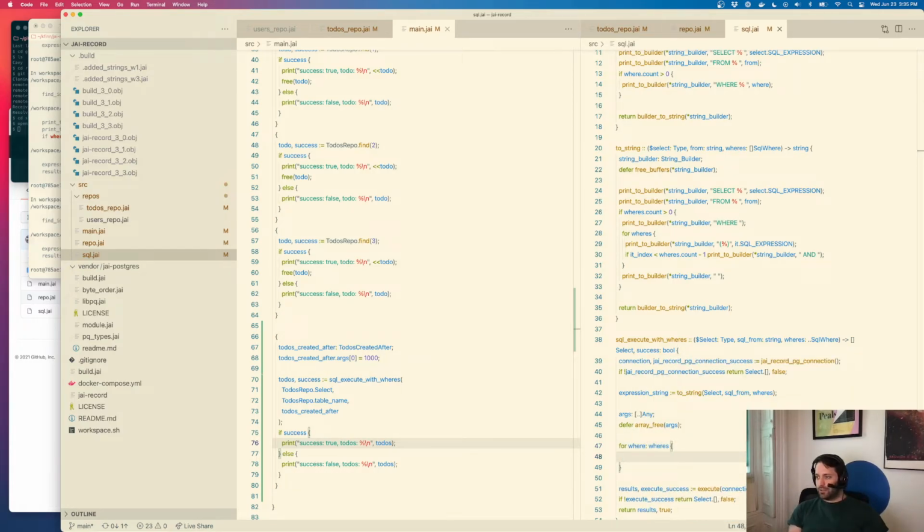So I gotta collect up the args so I can pass them in down there. So for each where, I need for arg in where.args, I need array add